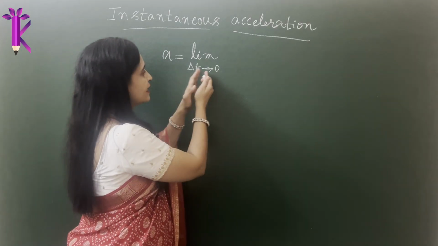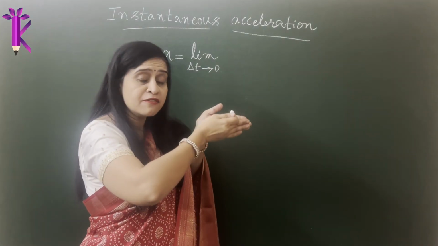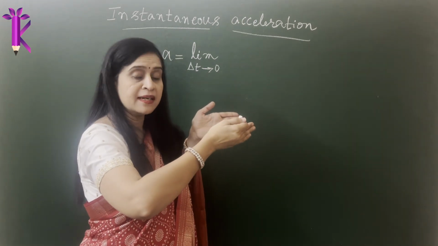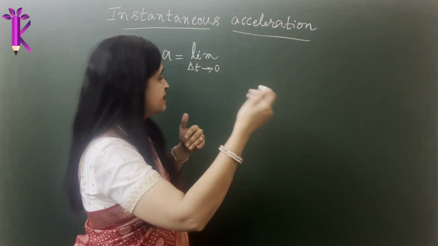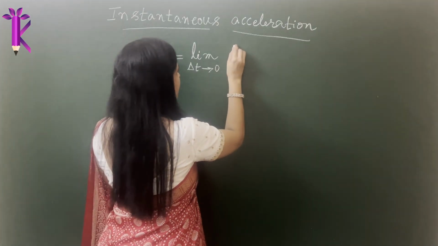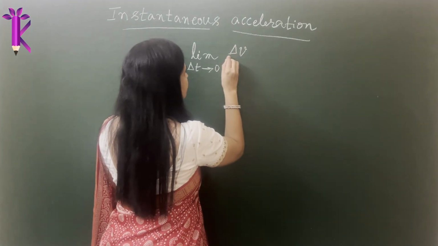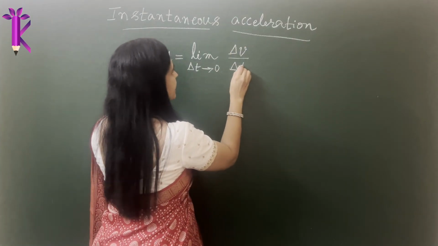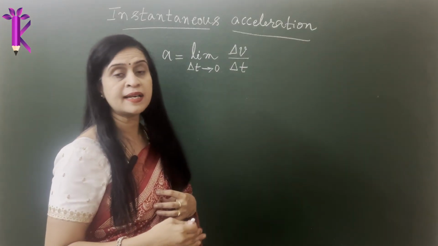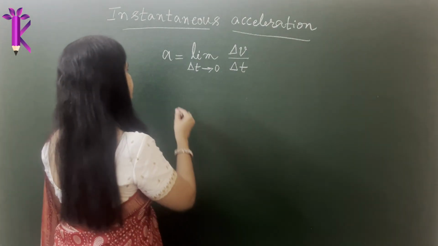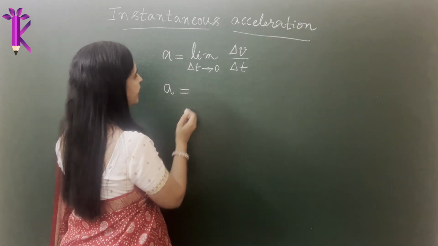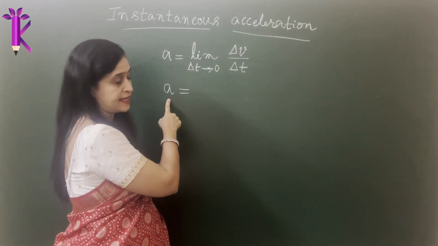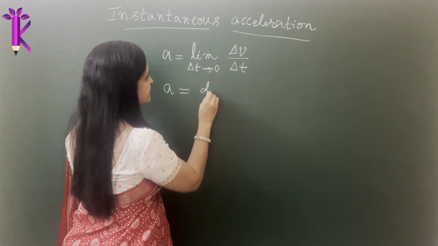So delta t tends to 0, the difference in time period is tending to 0. Change in velocity, that is delta v divided by delta t. This can also be written in the language of calculus as a, which is the instantaneous acceleration, is simply given by